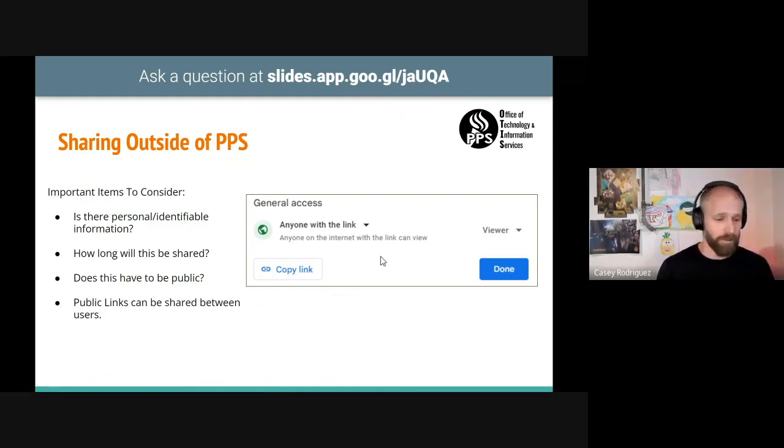There are other things that you can do with sharing files. If you change this general access to editor, those outside people don't necessarily have to have a Google account. They can do a temporary thing where Google provides them that editor access without having to have a Gmail account. That's an important thing to know as well. Not everybody has to sign up for Google to be able to collaborate or edit on these files. So this is the general overview